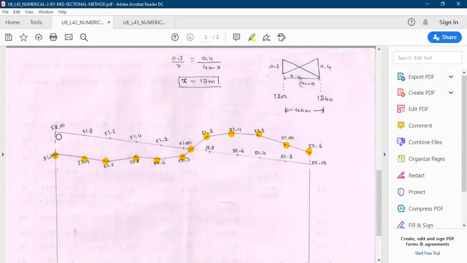That means from here to here RL of formation is more than the RL of ground. But from here to here, RL of the ground points are more than RL of formation. Right. So this is where you have to decide which portion is coming in filling and which portion is coming in cutting. If the RL of formation is at higher level compared to RL of ground, so these are the portions which you have to fill. Right. So in all these portions we have to do the filling. Right. So up to this portion you have to do the filling. Right. So wherever the RL of formation is having lesser level than RL of ground points, so these portions, right,